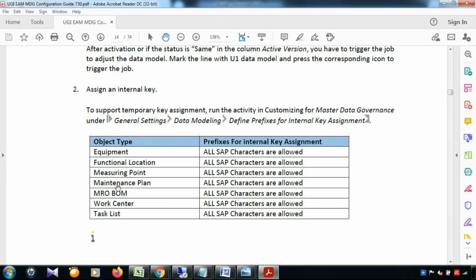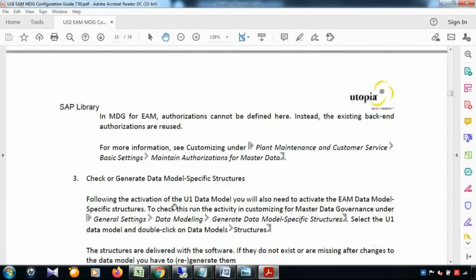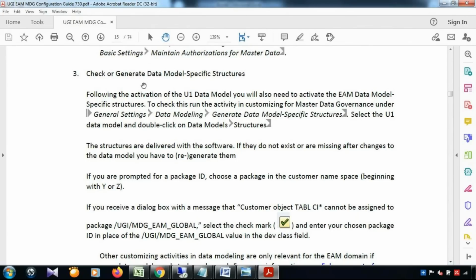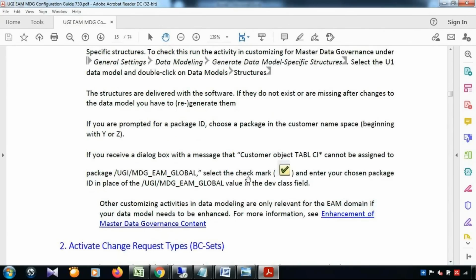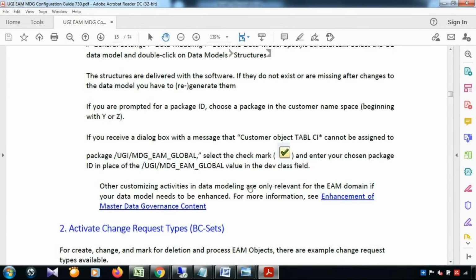Some customers will say, I only need equipment master and functional location. Some will say, I need equipment master and MRO BOM. So it is not necessary that you take care of all these types. But this document nicely portrays all the details, all the types. Then data model specific structure is more or less the same. Like what if I want to add some field, the way we discussed for BP or